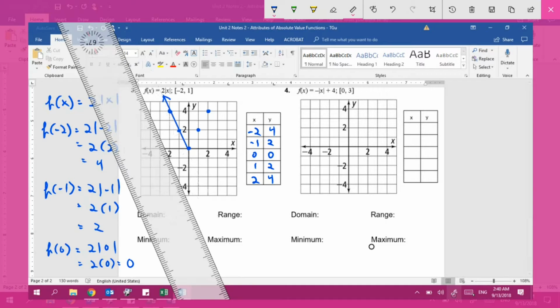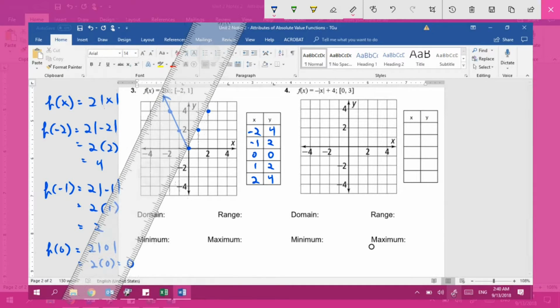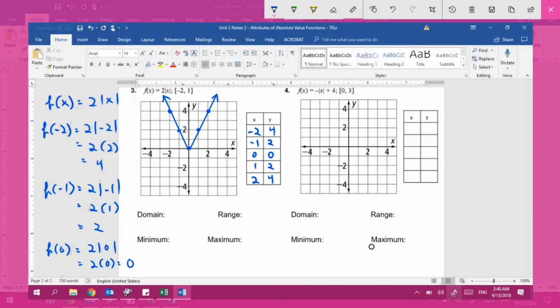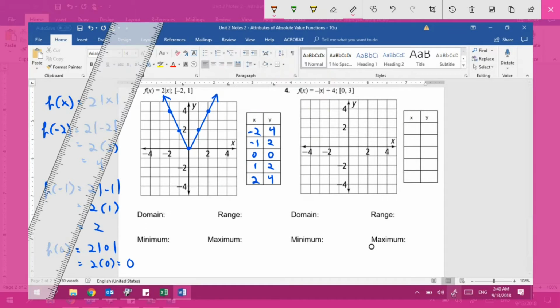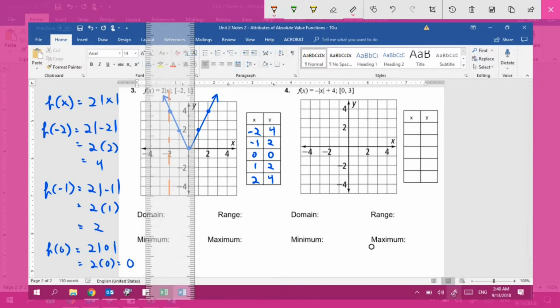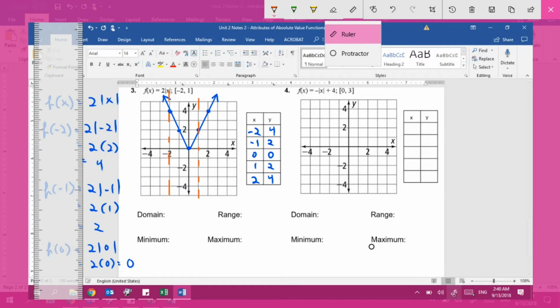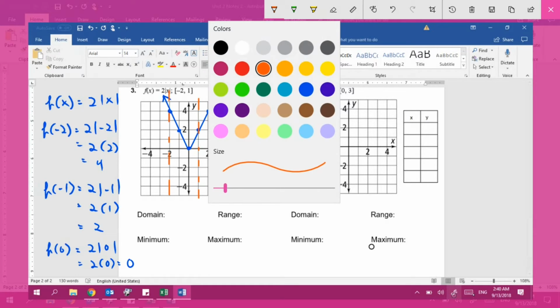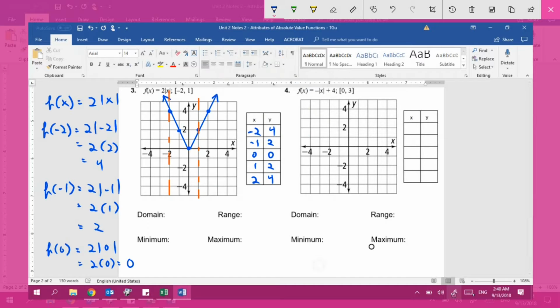Boom. The V, oh, it looks a little narrower this time. All right, and then let's find the domain, range, minimum, and maximum over this interval. So first let's draw our interval. It's from -2, so that's over here, to +1, so that's right here. Okay, so my domain now is going to be exactly that interval, -2 to +1, because we're only looking at